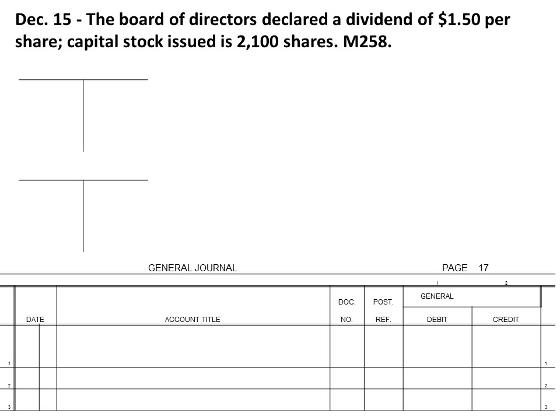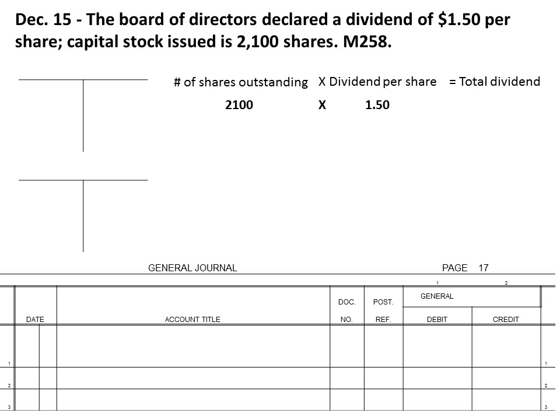So let's take a look at a situation here. The board of directors, once again, they are the only ones that are going to be able to declare a dividend. They declared a dividend of $1.50 per share, and capital stock issued is 2,100 shares. Memorandum 258. Well, before we can do any transactions, we need to figure out a couple things. First of all, what is the number of shares outstanding? We need to multiply that by our dividend per share to get our total dividend. In this case, we have 2,100 shares outstanding as signified in the transaction. Our dividend per share is $1.50 per share as declared by the board of directors, and then our total dividend is ultimately going to be